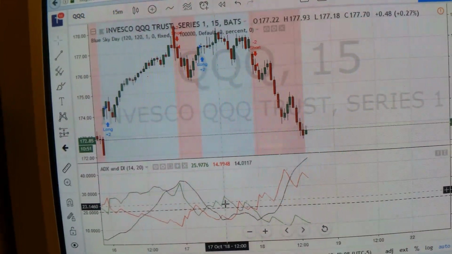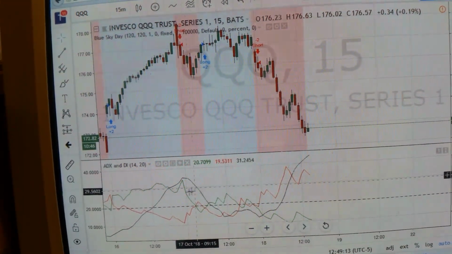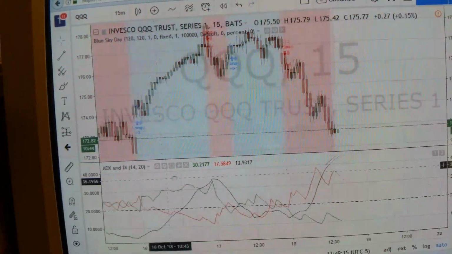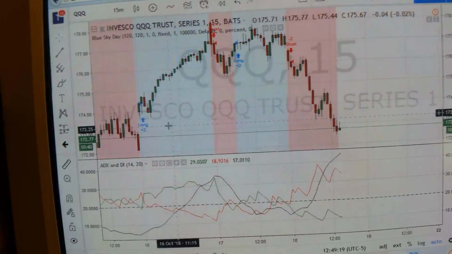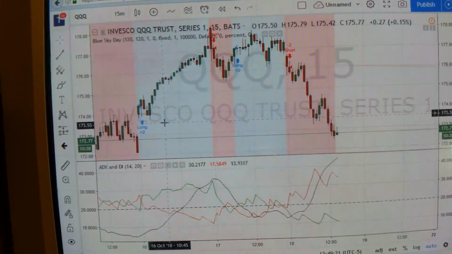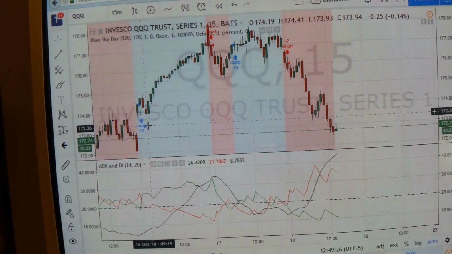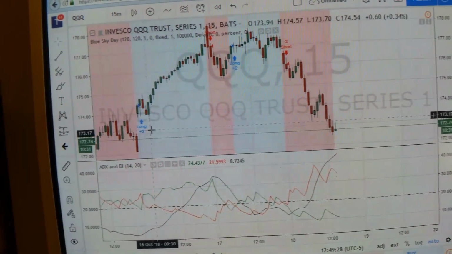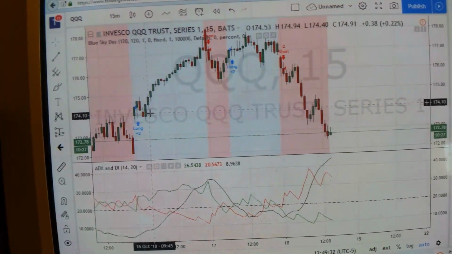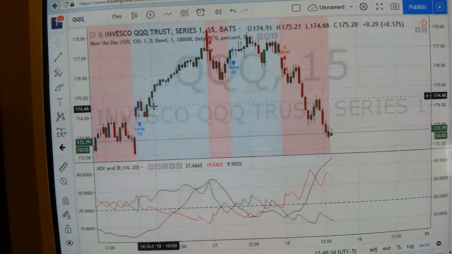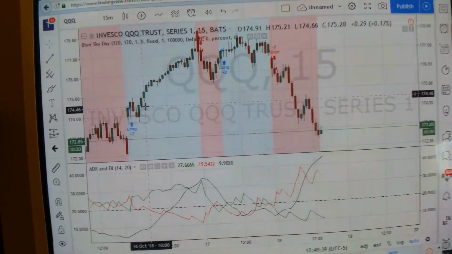But generally with the 15-minute chart, I just use this as a backup verification to what's happening up here, okay? But Blue Sky Day pretty much will do it for you. Market opens up, you wait 15 minutes, half hour, this turns blue, you jump in, option call at the money, or wherever it is, at the money, not out of the money, not in the money, but right at the money,